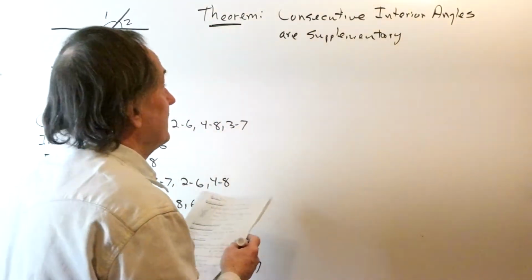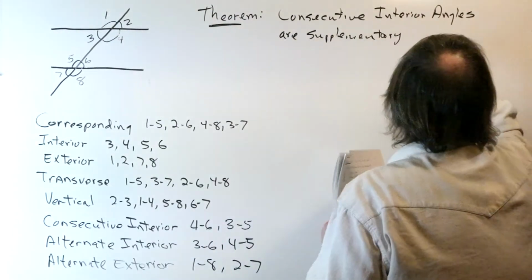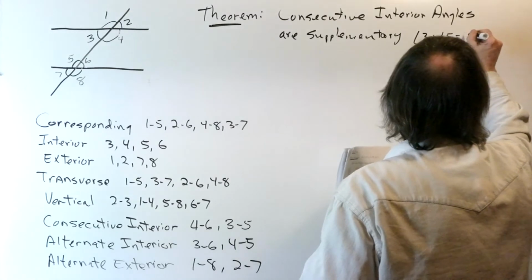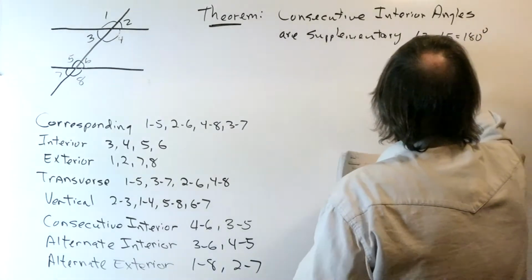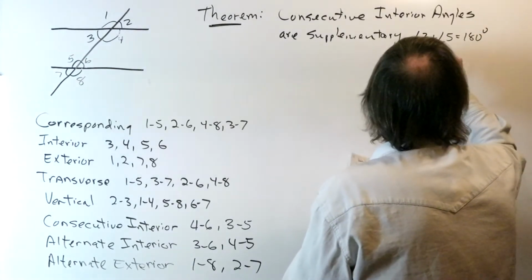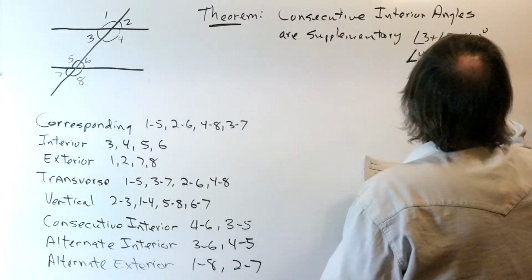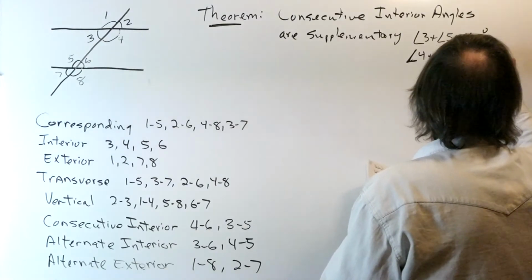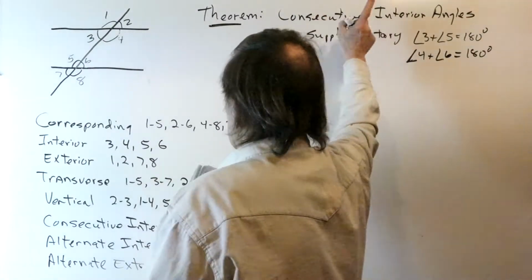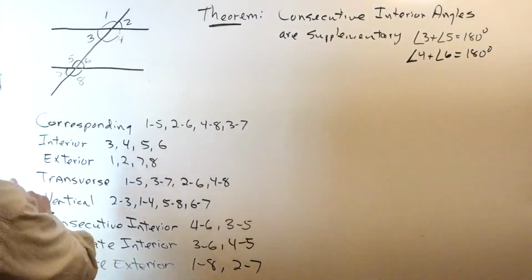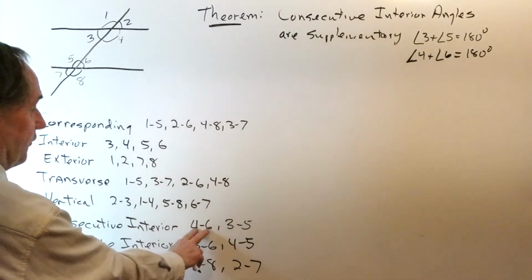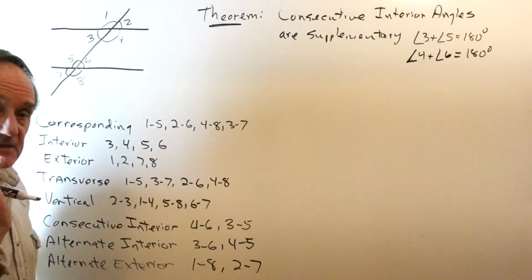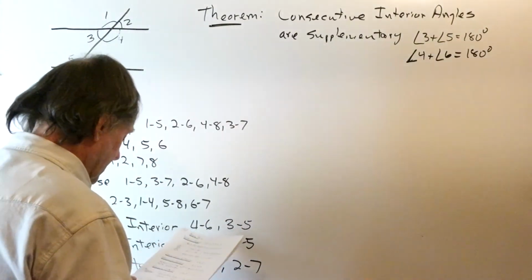Now, what we're going to be trying to prove is that the measure of angle 3 plus the measure of angle 5 is 180 degrees, and that the measure of angle 4 plus the measure of angle 6 is also 180 degrees. Consecutive interior angles. Well, our consecutive interior angles are 4, 6, 3, 5, and we want to prove that they're supplementary, meaning that they sum to 180 degrees. Well,